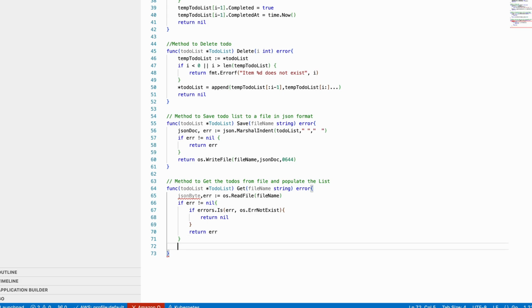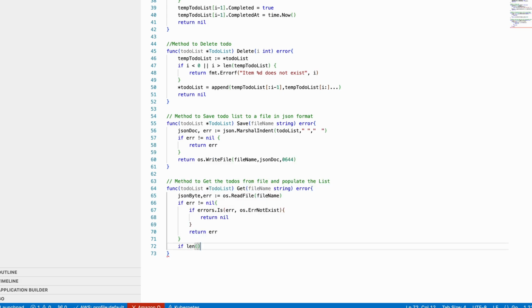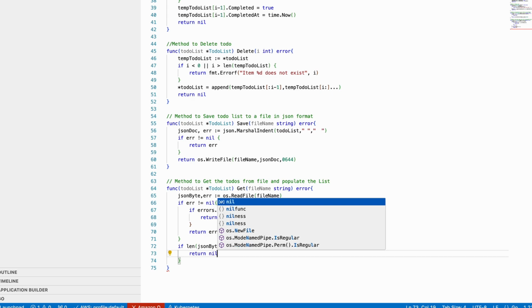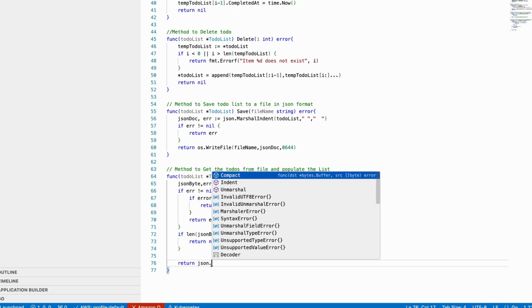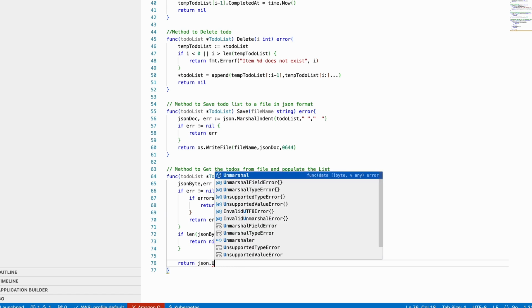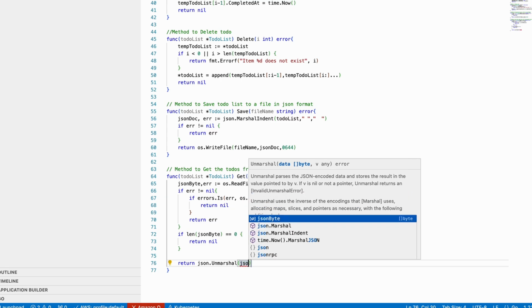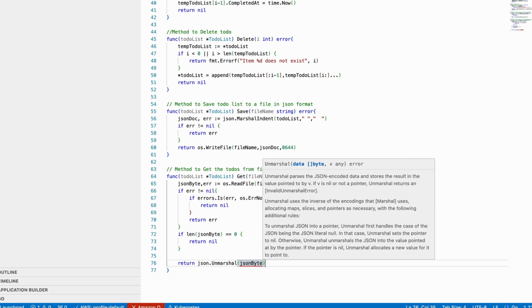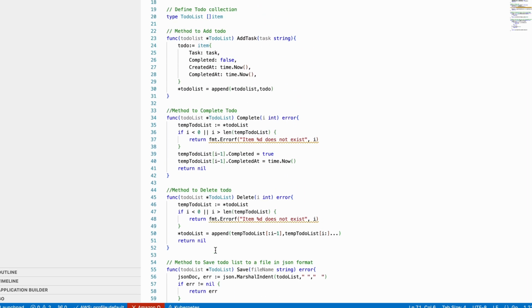But if there isn't any error, it checks if the length of the JSON byte is not more than 0. If it is 0, it returns nil and nothing is there. Other than that, it unmarshals the byte and returns it. So this is our basic